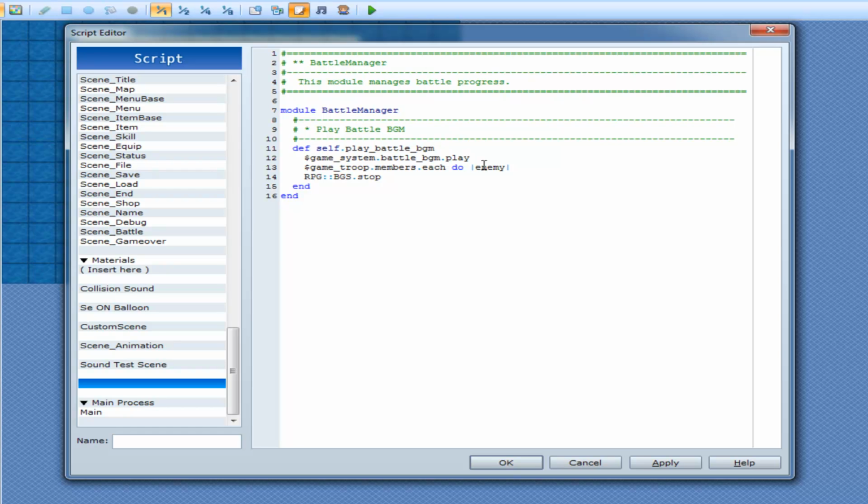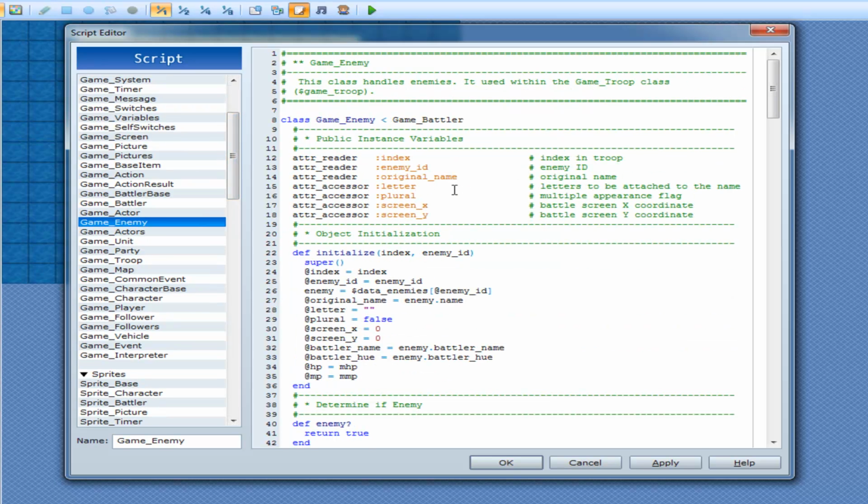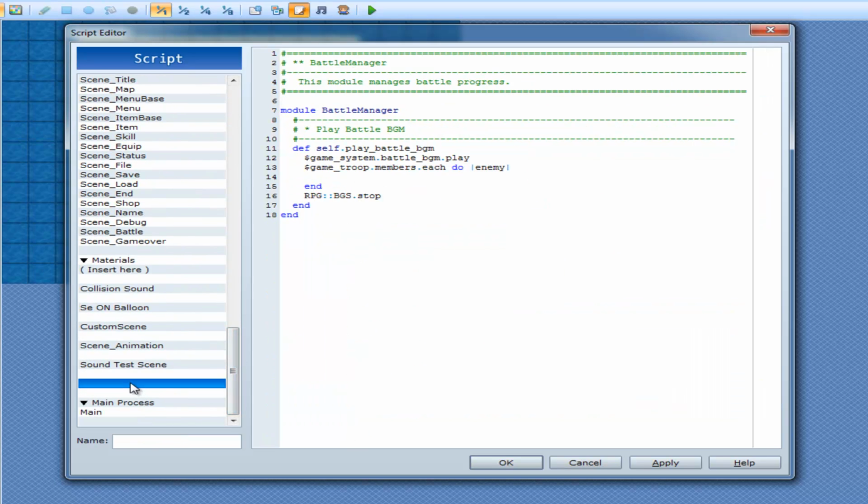Alright, so it's gonna play the default battle BGM, and then after it starts playing that, I'm gonna have it loop through all the enemies and search up their note tag. Alright, so game_troop members, that actually gets you game_enemies. So game_enemies here, and that should, yep, sweet, it has an enemy ID we can use. So if I go back down here and I go enemy, I then go